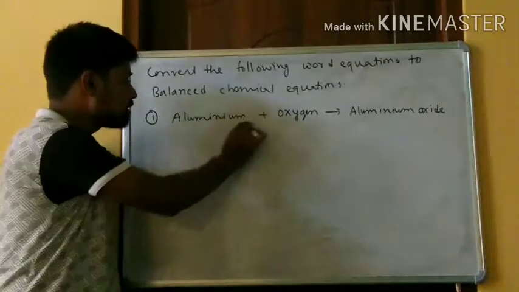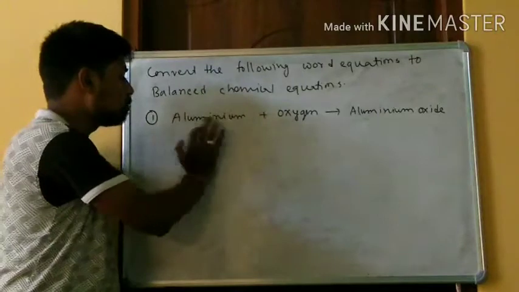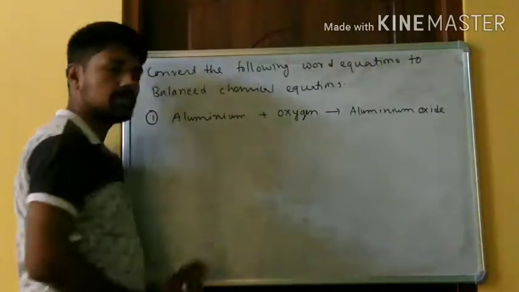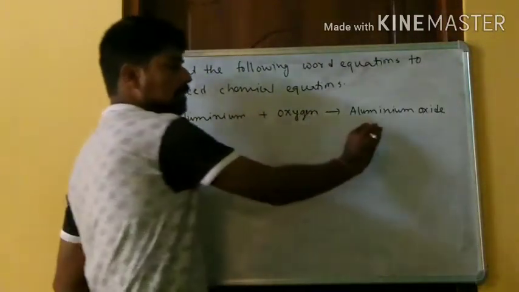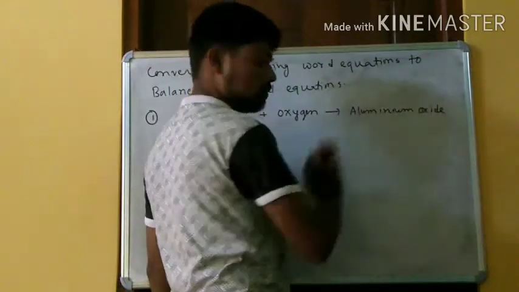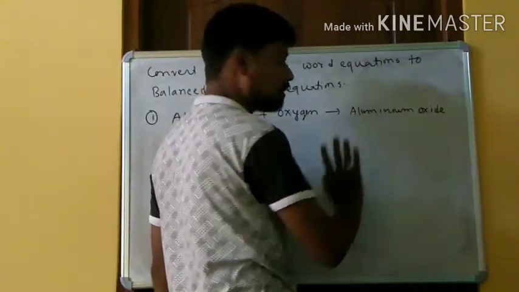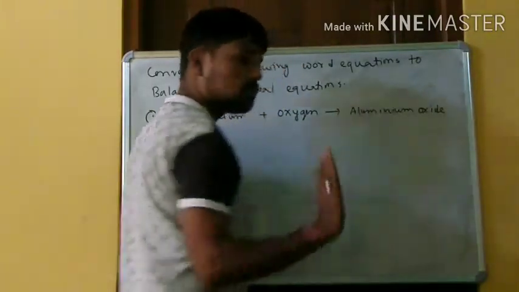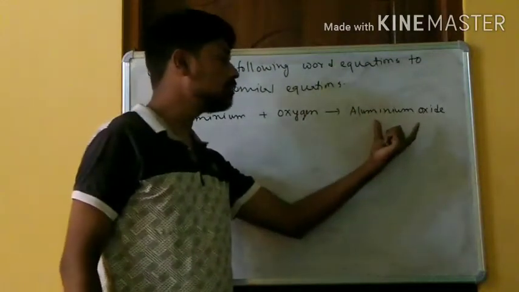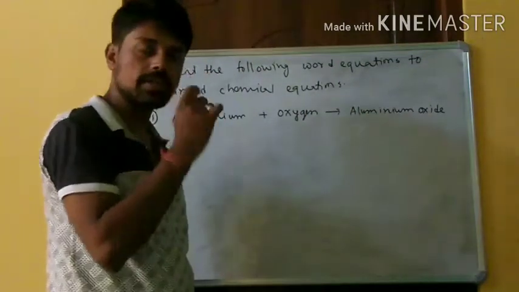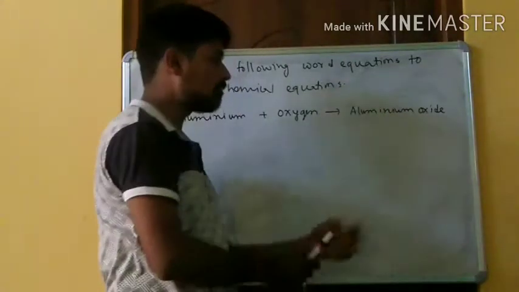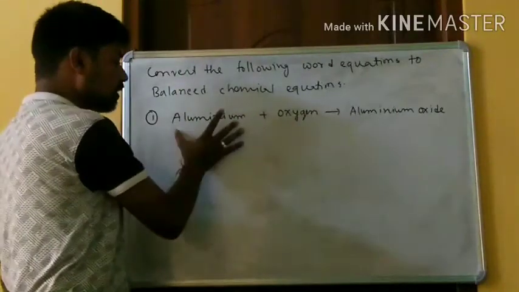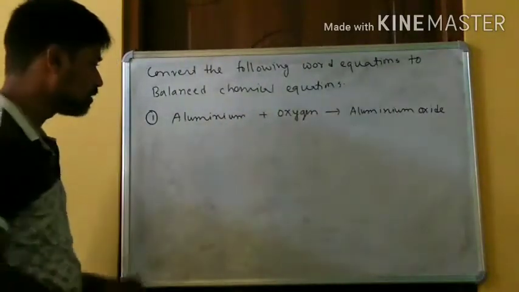Here in this case only aluminum is written. Aluminum is combined with nothing in this case, and oxygen is also not combined, it is also single. But in this case aluminum is combined with oxygen, since it is written as aluminum oxide. So both aluminum and oxygen are in the combined state. In the combined state we will use the ionic formula and find the formula for this compound. And in the case of a single element we will write the elemental formula.